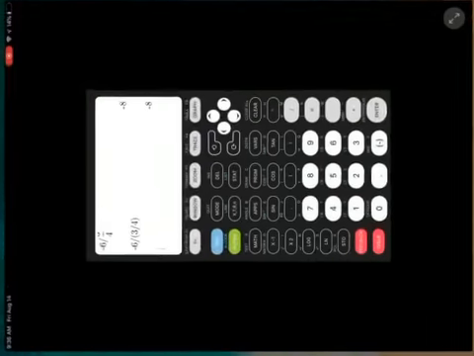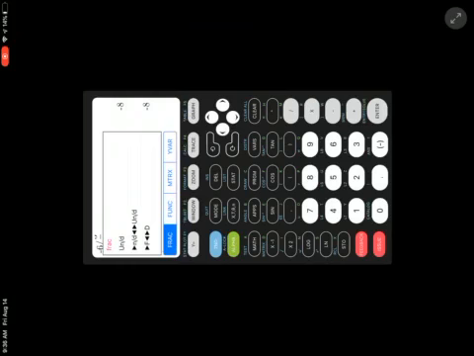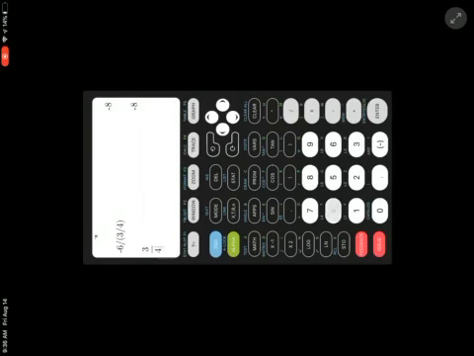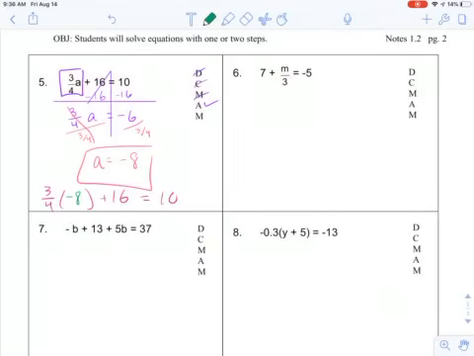It is so quick to check my answer, I don't know why I wouldn't. I'm going to go back and see if I get the correct answer when I plug it in. A is equal to negative 8. So 3/4 times negative 8 plus 16. I can do this really quickly on my calculator. 3/4 times negative 8 plus 16 gives me 10, which is exactly what I was supposed to get. So that tells me